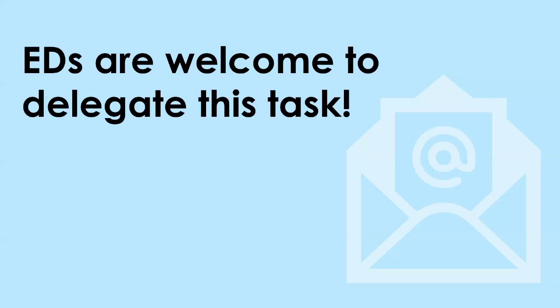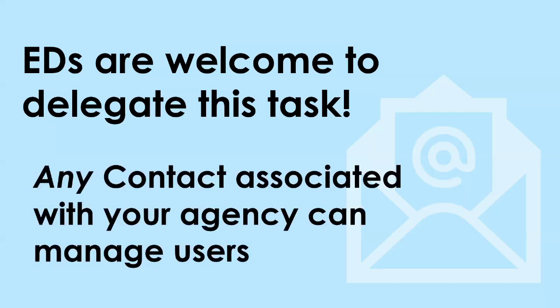If you're wondering if you need to look up and manually invite every single person that needs to be in the system, be aware that you're welcome to delegate this task to a trusted individual. The CJC designed the new system to provide subrecipient agencies full control over their user access. It's also worth noting that any contact associated with your agency can also manage its users. The CJC encourages all subrecipient agencies to establish a method of accountability that works for your agency to both manage users and to ensure an appropriate handoff if a user leaves your agency or no longer requires access to the